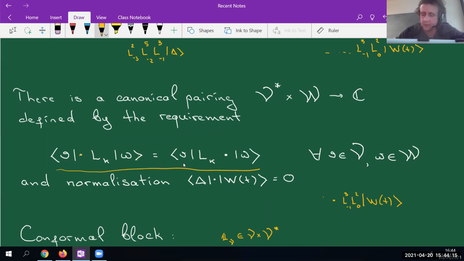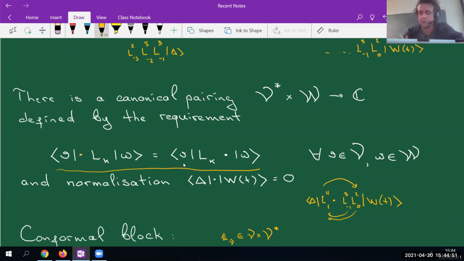So we have something like, I don't know, L1 to the power 11, and here delta. So what you are going to do now is transfer the action of L-1 and L0 on this vector here using the commutation relations of the Virasoro algebra. And you want to transfer the action of L1 here